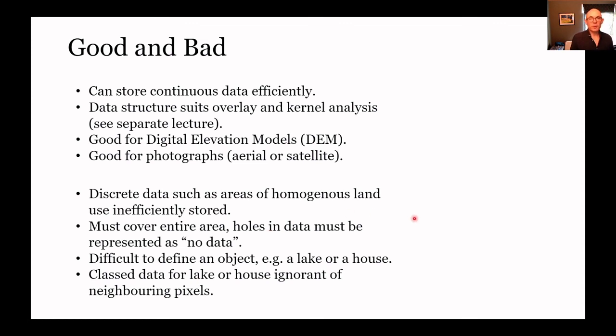But they're not very good when we have class data, large areas of homogeneous information, repeating ourselves, as I am now, repeating ourselves in the data quite a lot, which means it's just not terribly efficient. And also, generally speaking, with the things that we create, each pixel is by and large ignorant of its neighbors. It's not a thing, it's not a unit, it's just a cell of a particular class. It doesn't know that it belongs to this house or this lake. It just is on its own, ignorant, which is good and bad depending on